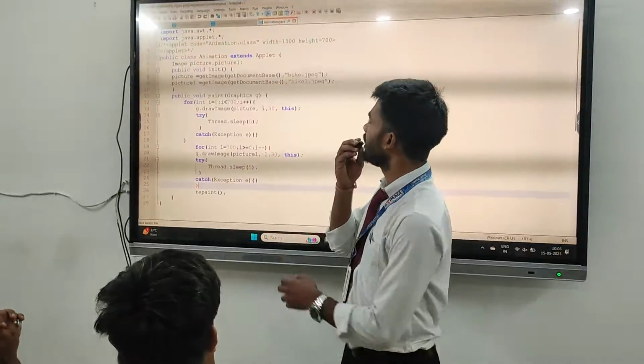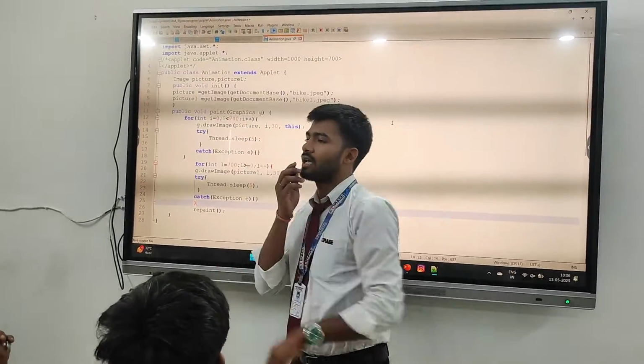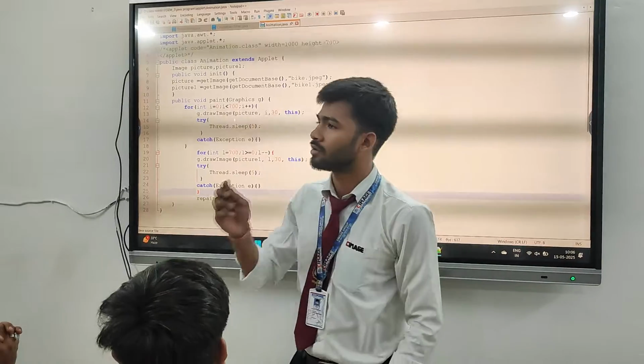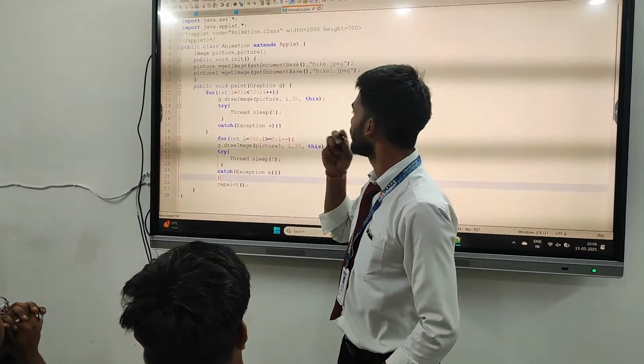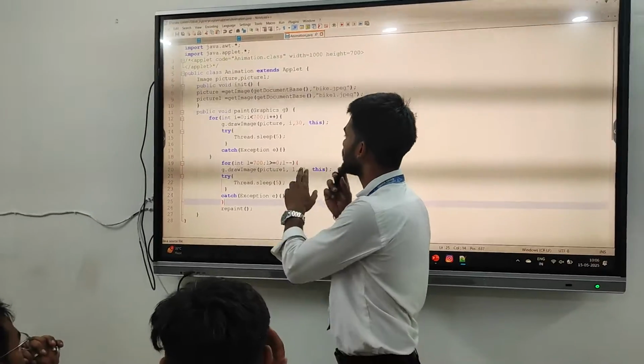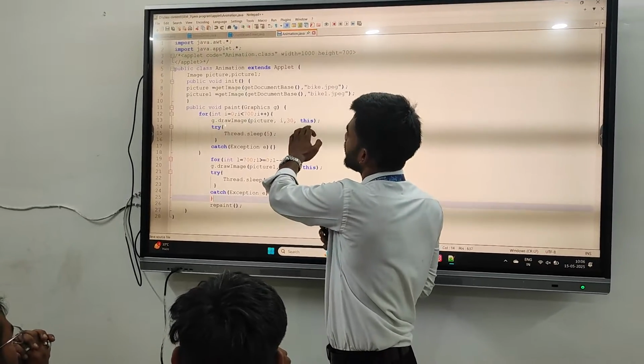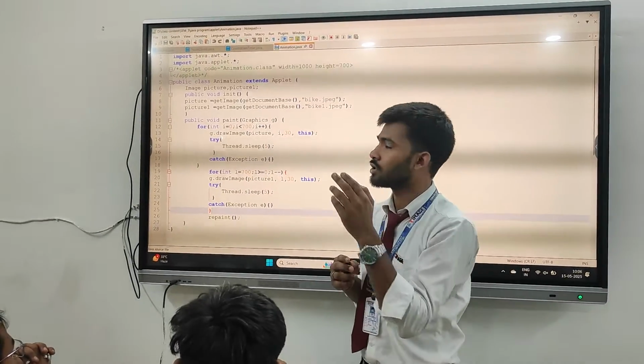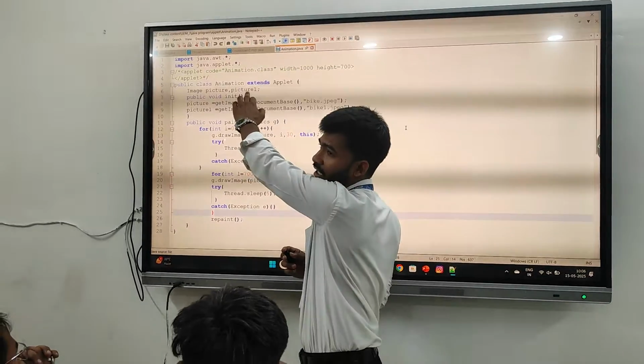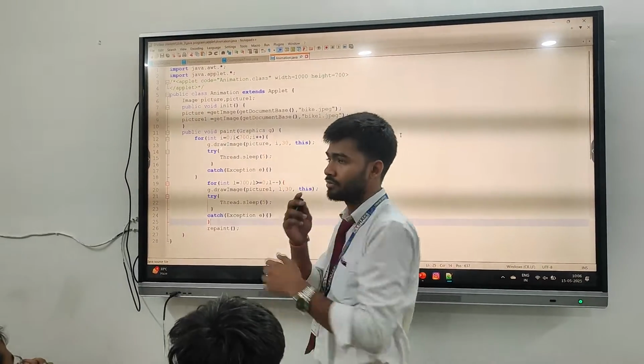This keyword is related to the current class. In the drawImage parameter, it is used as a reference to the Animation class, the object of the Animation class.